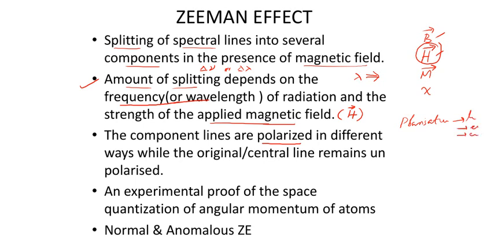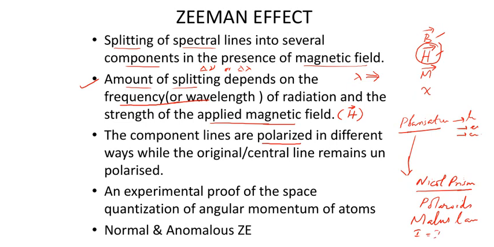And you know that whether or not a given light is polarized can be checked by using a device known as a Nicol prism. A Nicol prism is usually used to check the nature of polarization, or we can use Polaroids. Of course, I think you remember you have learned about Malus law in polarization, something like I equals I0 cos squared theta. There is a polarizer and an analyzer. So I just remind you about polarization.